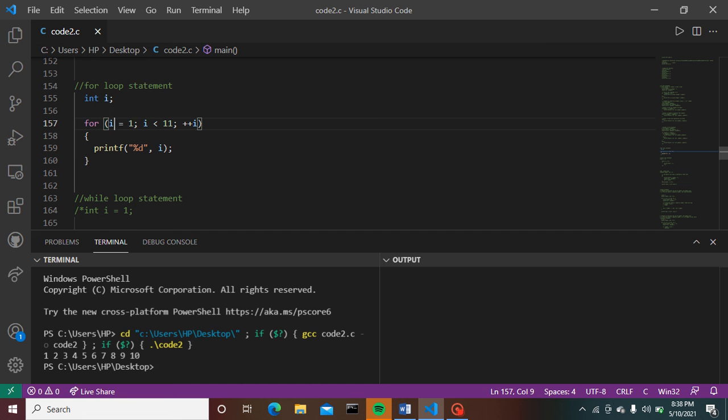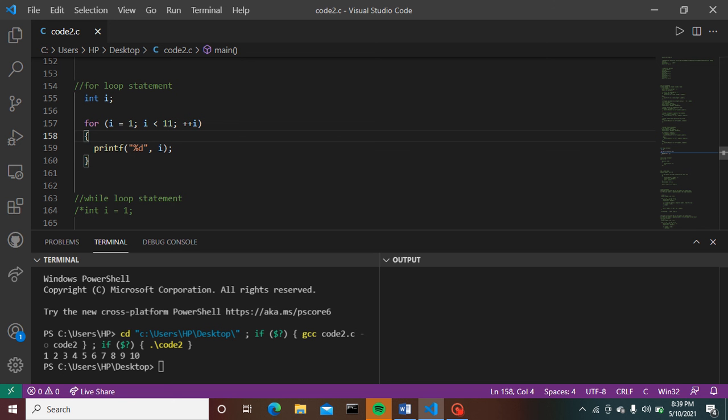So here I have given a very first initialization of the variable i, where i is equal to 1, and given a condition: whenever i is less than 11, that is if 1 is less than 11, the test condition is true and it will print the given output for the respective i. And in the last I have provided plus plus i, for breaking the infinite looping system.